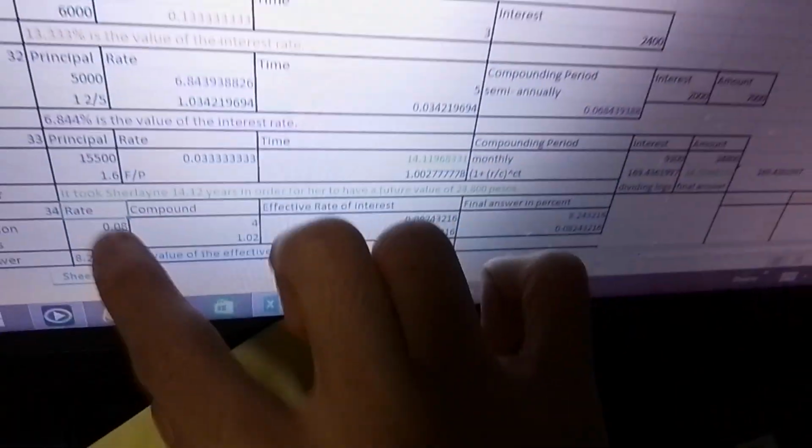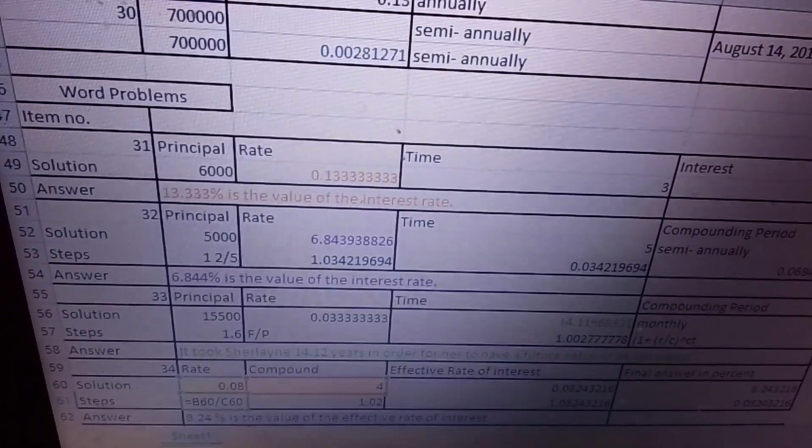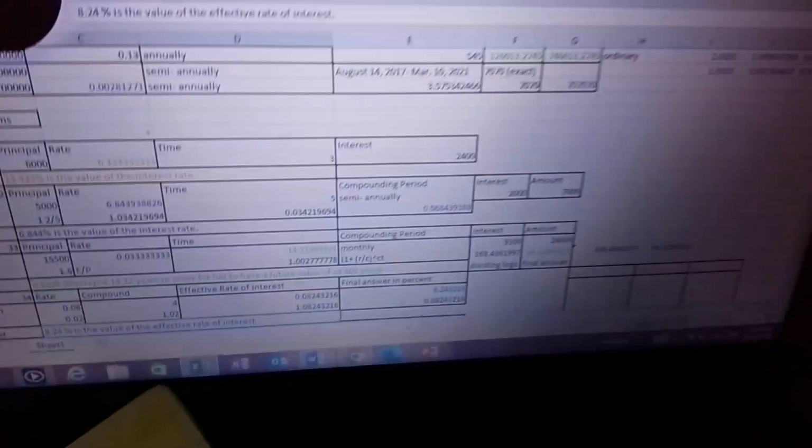So, ito yung ginawa ko sa steps. First, di ba remember ang ginawa ko ay ganito. So, nakita mo yung 0.02 dyan? That is the rate divided by the compounding period. Ito yung ginawa ko. Then, press enter. And then, whatever answer I get here, I add it by 1. So, yan. And then, this one, I raise it to the